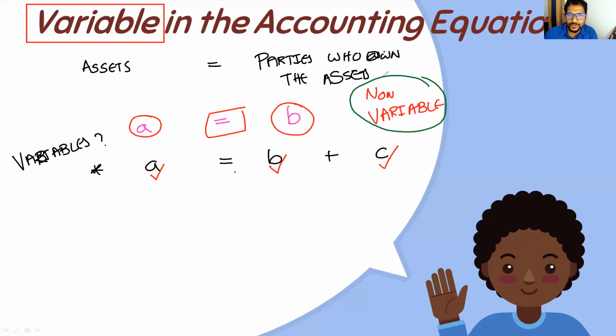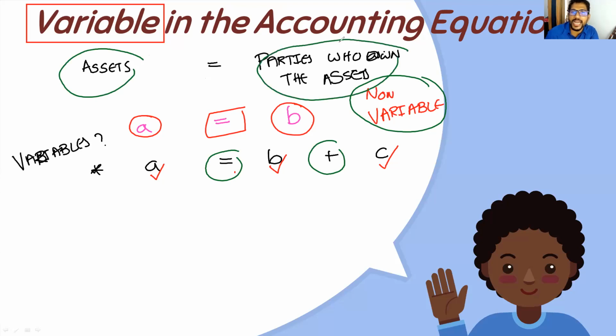You can't change this sign, the plus sign and the equal sign. These are very important in an accounting equation because you have to check whether the total of the asset side is always equal to the other side. I have not given the complete equation, which includes the parties, but you have to understand that at every single moment, assets should equal the addition of the other side. Got the idea? Great.